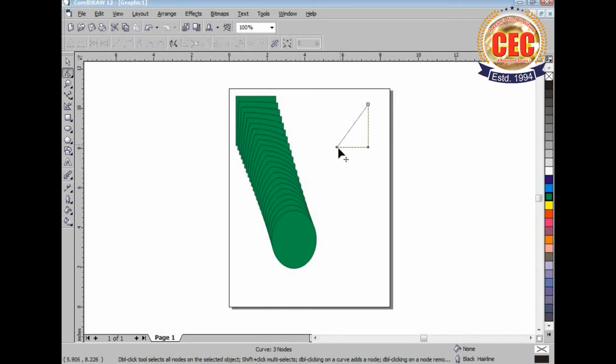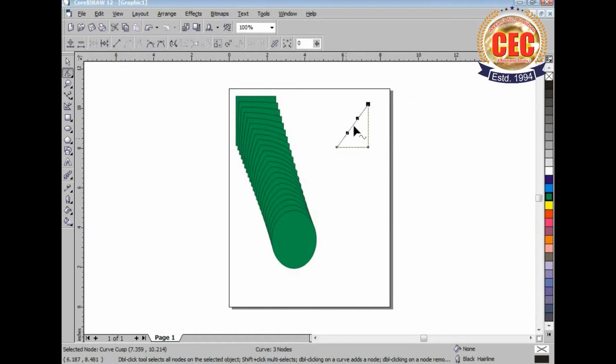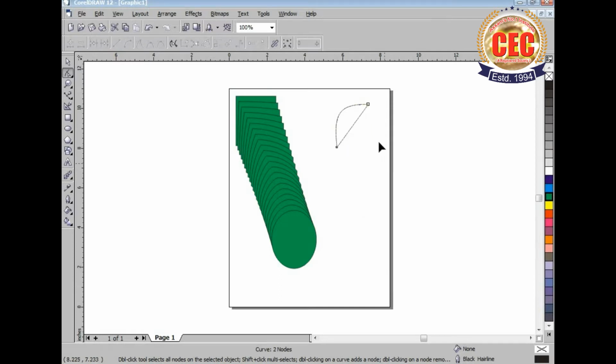After this, to make a curve from the straight line, click on this node, right click on it, select the to curve option. The nodes will appear and you will have to move it this way. So it has become a curve. After that, select the other node, right click on it and then select the delete option.